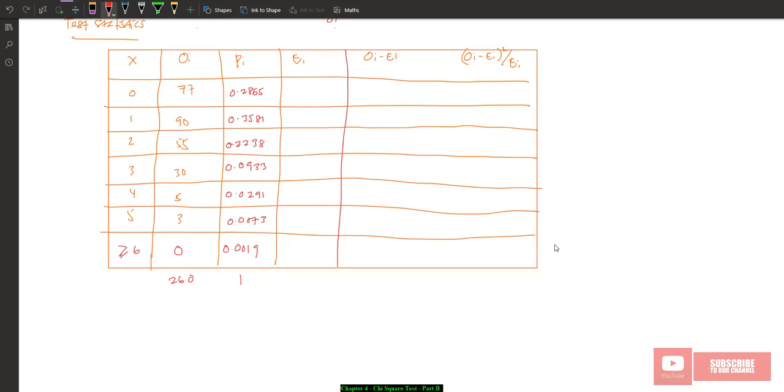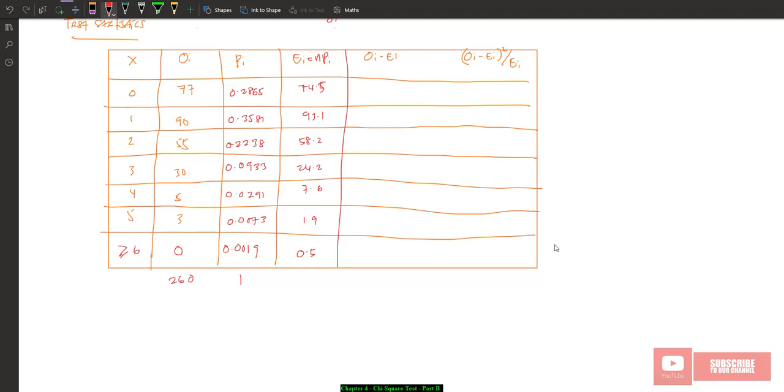So the expected frequency is equal to n multiplied by the probability of each row, right? So this one, 260 multiplied with 0.2865 should be 74.5, right? And this one should be 93.1, 58.2, this is 24.2, 7.6, 1.9, and this is going to be 0.5, right? So if you look at the frequency